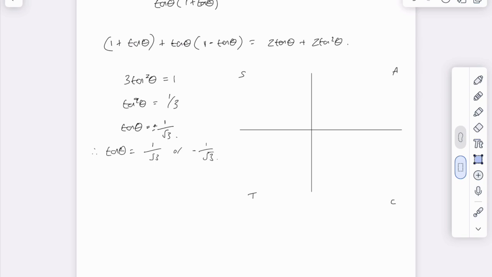Tan is equal to opposite over adjacent, right? So if tan's positive, we're going to be in these quadrants. So if we draw a triangle here, draw a triangle here,